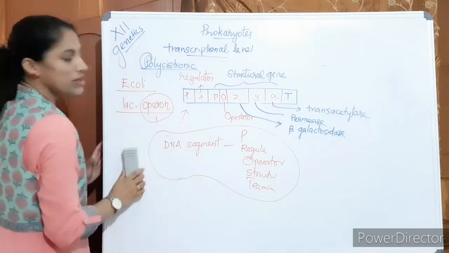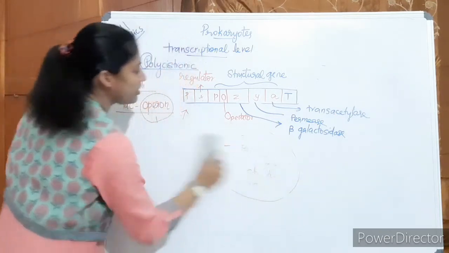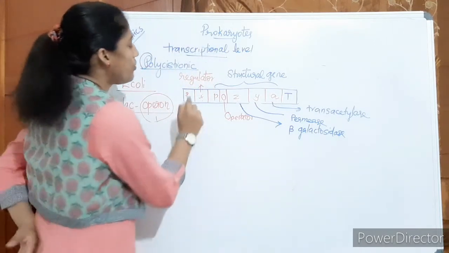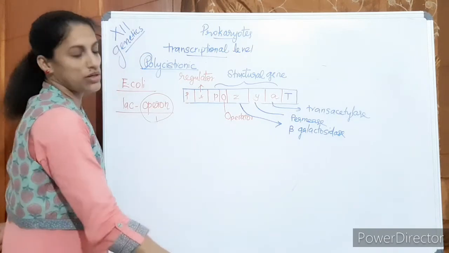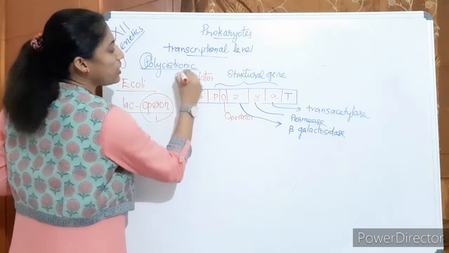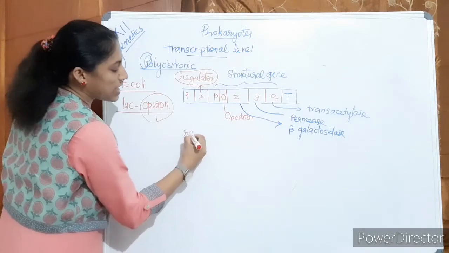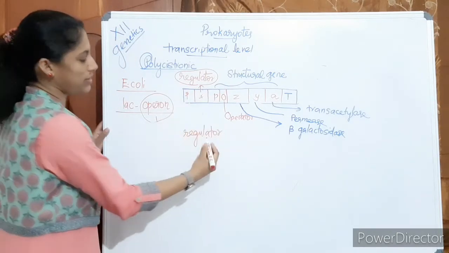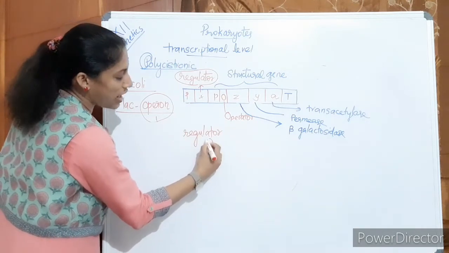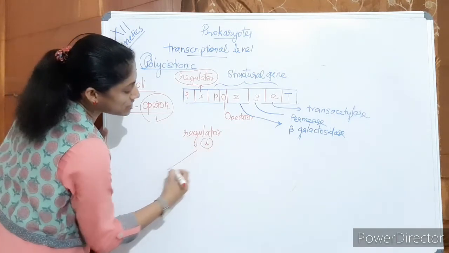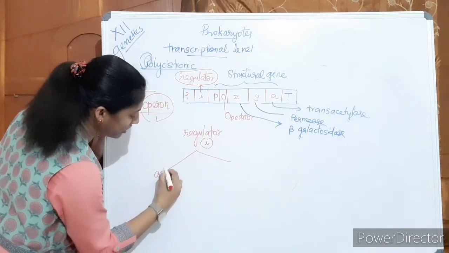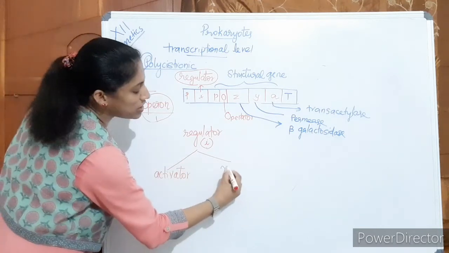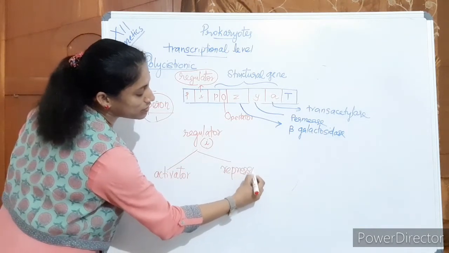Okay. Then, I think these parts are clear. Then we discuss the roles of this. Then lac operon. So, what is the role of I gene here? The I gene is the regulator gene. See, a regulator gene. Here it is named as I. In other operon, different name may be there. A regulator gene, here it is I. Then it is either producing activator protein, it acts by two ways, or it is producing repressor protein.